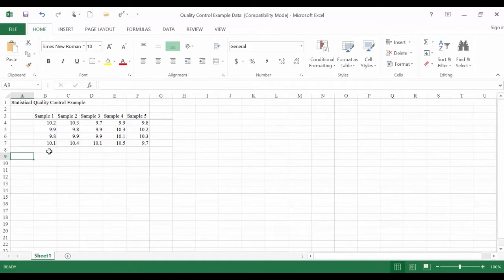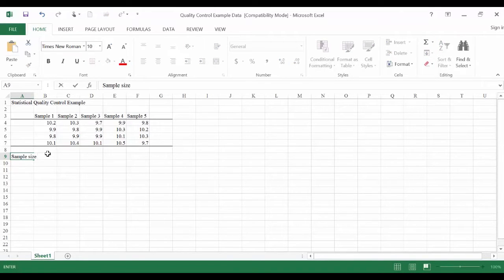So suppose what we collected or measured are the minutes used. Suppose we are measuring the process of preparing a hamburger at a fast food restaurant. So we randomly select 5 samples from, let's say, 5 days. We randomly select 4 hamburgers each day and record how many minutes it takes for them to prepare the hamburgers. So in that case, we know our